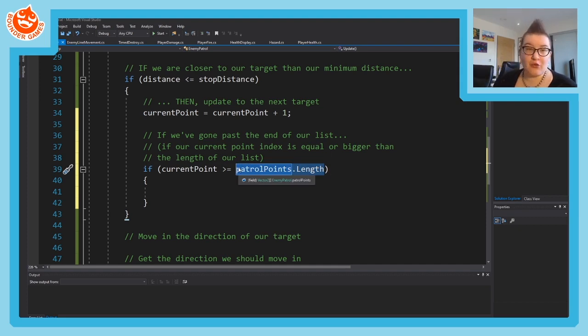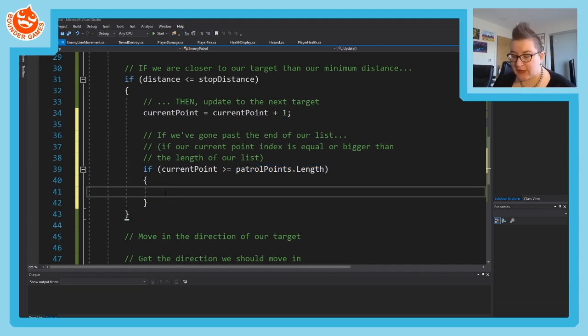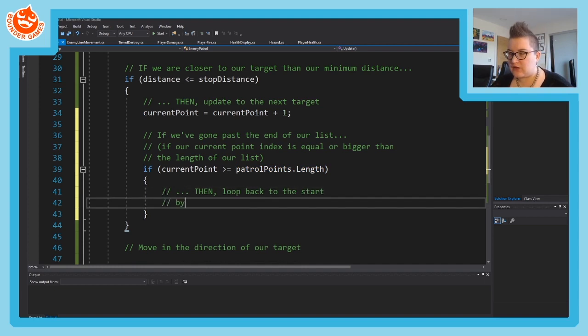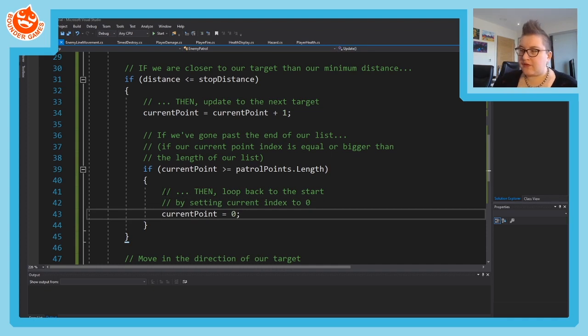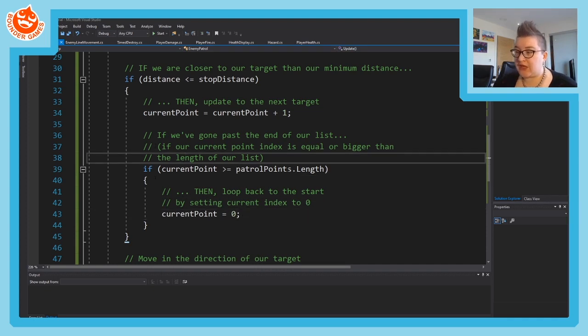So if our current point is equal to or greater than 4, so if it's 4 or 5 or anything higher, then we need to loop back to the beginning. And that's quite easy to do. We loop back to the start by setting current index to 0. So current point equals 0, right? That's all we have to do. So if our current point is greater than or equal to the total number of points, then set our current point back to 0. So save that, go back to Unity, and what you should see at this point